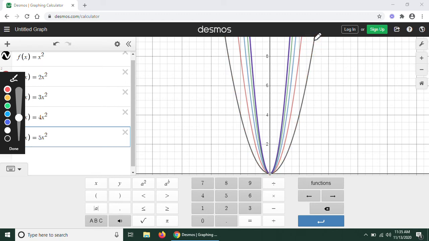If I pull, so we are pretending that the graph is an elastic band, or a rubber band, if I pull on the rubber band in this direction